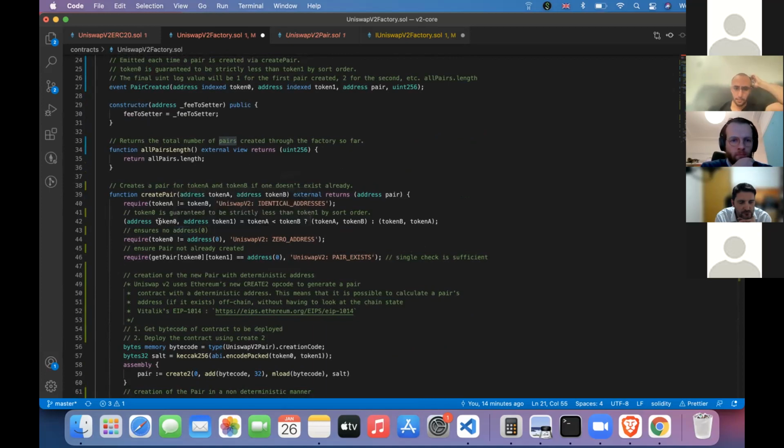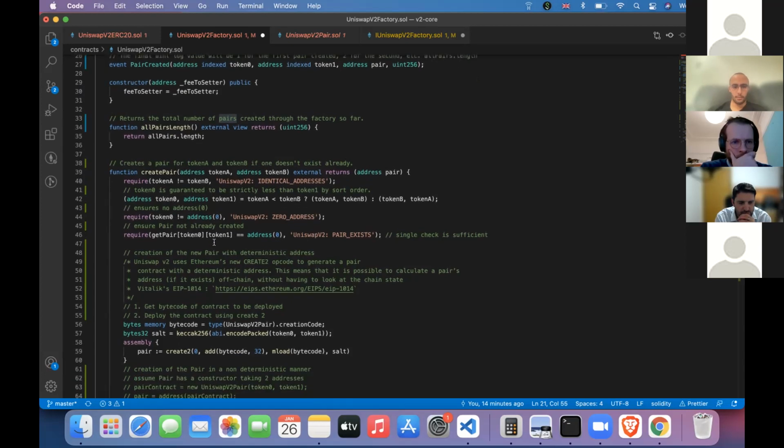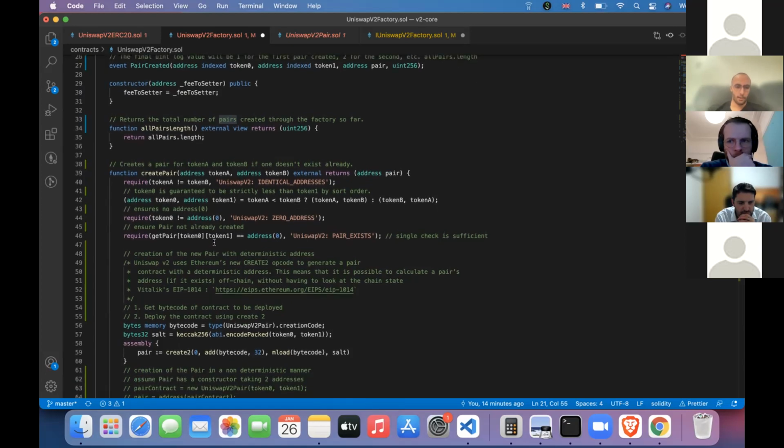Then it sets token0 to be the smallest between token A and token B, and token1 to be the biggest. Afterwards, it checks that token0 is different from the zero address, and only one check is sufficient since token0 is the smallest one. And then it also checks that this pair